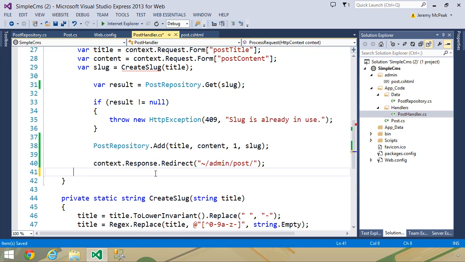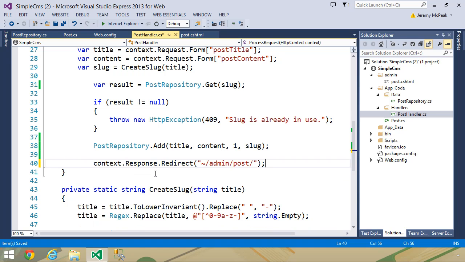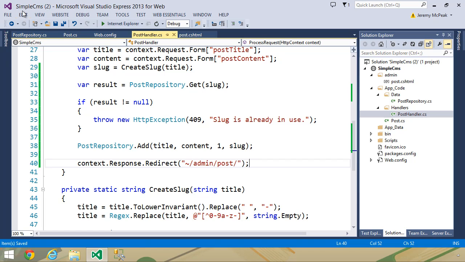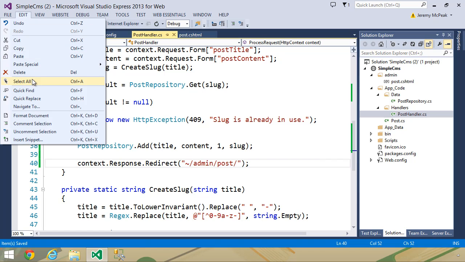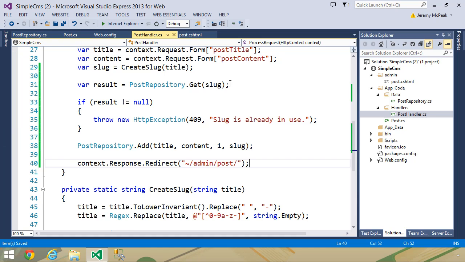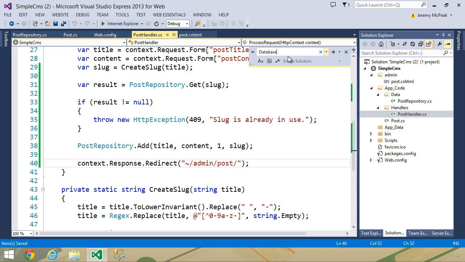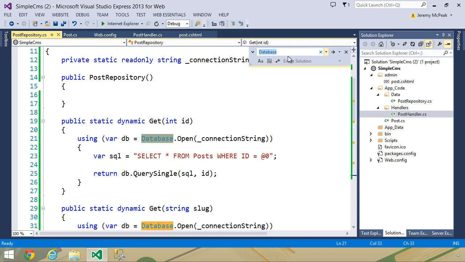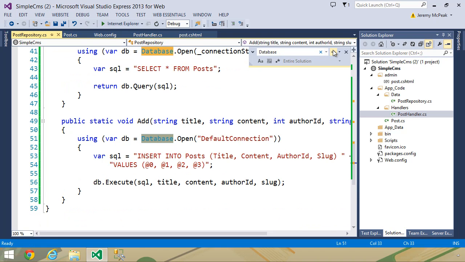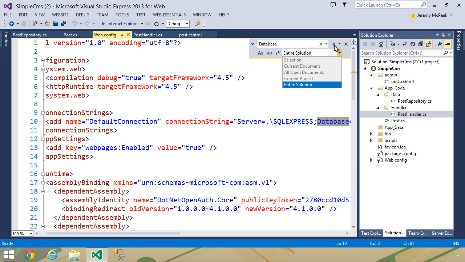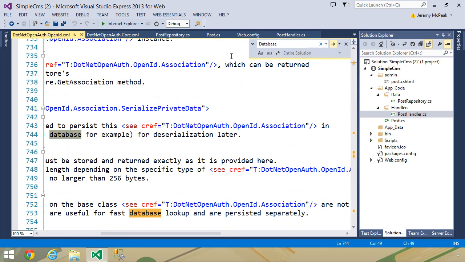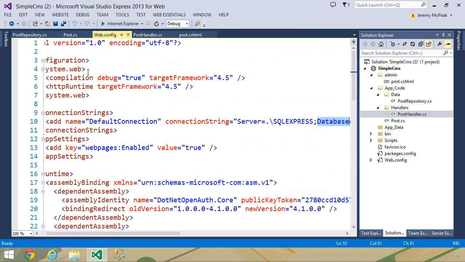Now I think we've gotten all of the places where we were dealing with the database class directly. But just to make sure, let's do a search throughout the solution. So if you go to Edit and then Quick Find, we can change this from current document to current project or entire solution. And let's just do a search for database. And this will show us all of the instances of where we have used database. So we can just zoom through all of these. We are in the repository class. Now we're in web config. And everything is okay. So we have successfully taken all of our database code and stuck it inside of our